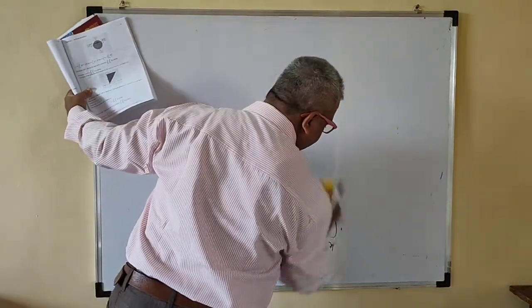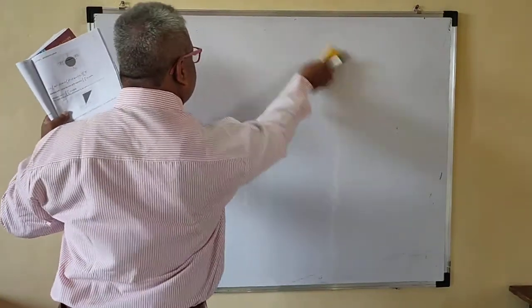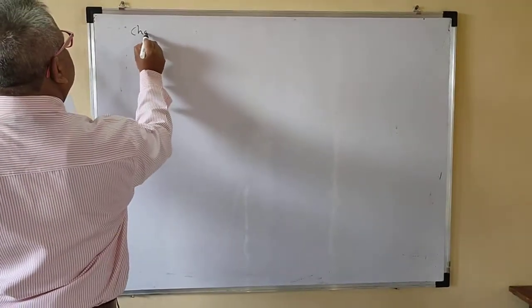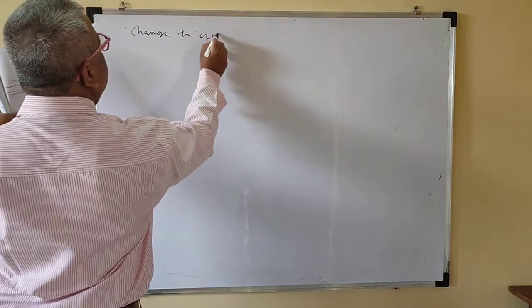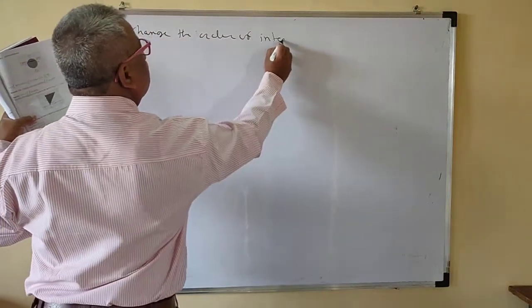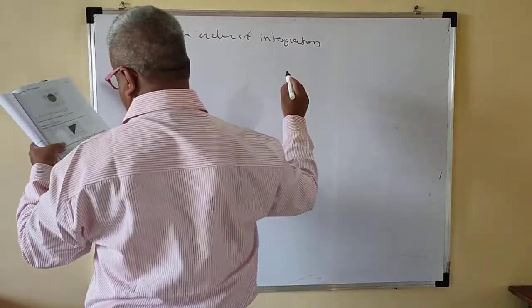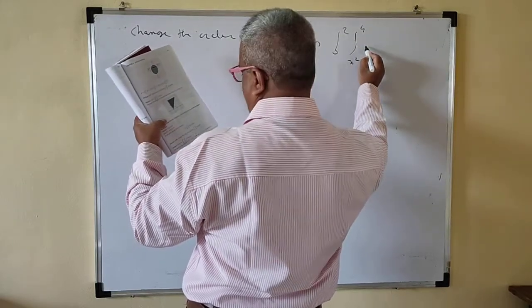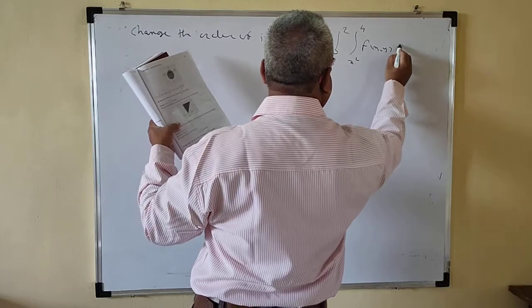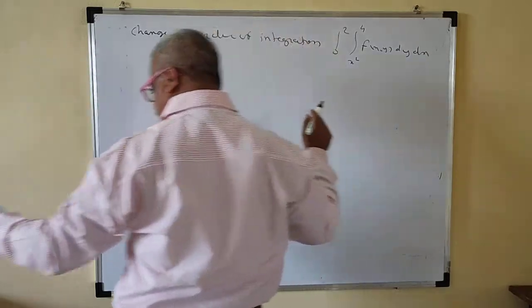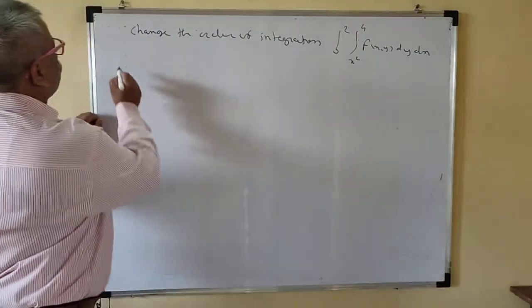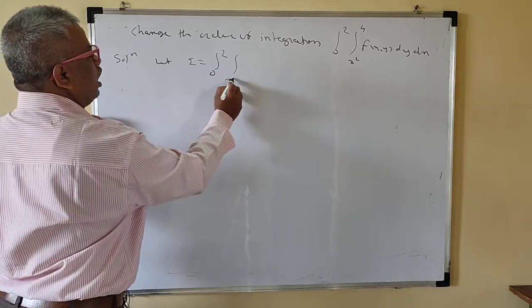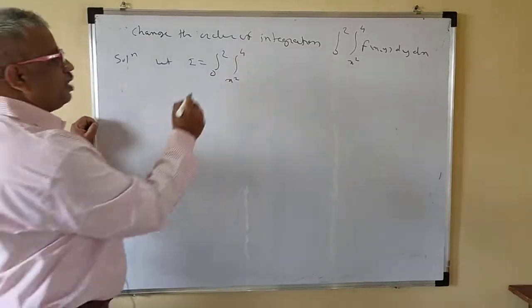We'll take the second problem. Change the order of integration in the integral from 0 to 2, x square to 4, f of x y dy dx. Solution. Let I is equal to the integral from 0 to 2, x square to 4, f of x y